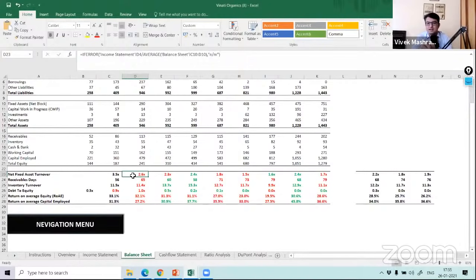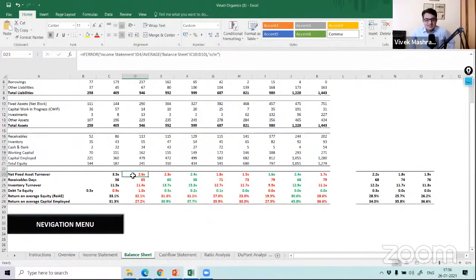So this ratio is again important, and again this should be looked at in the context of a sector. If you are comparing an FMCG company with a pharma company and you say pharma is squeezing more asset, it will not make sense. So this kind of analysis should be done industry or sector wide, so that you know, okay, if Ashok Leyland is squeezing 2 times and Maruti is squeezing 4 times, why is Maruti able to squeeze 4 times? What special are they doing? Are they better in terms of efficiency, or their assets are cheaper, or they are running in shifts? You will get answers.